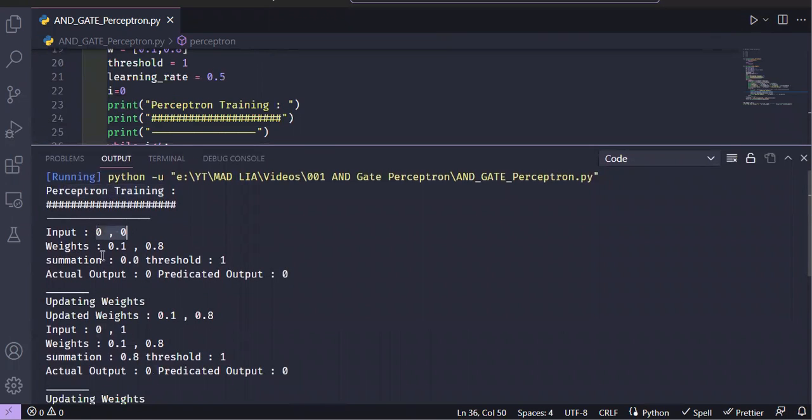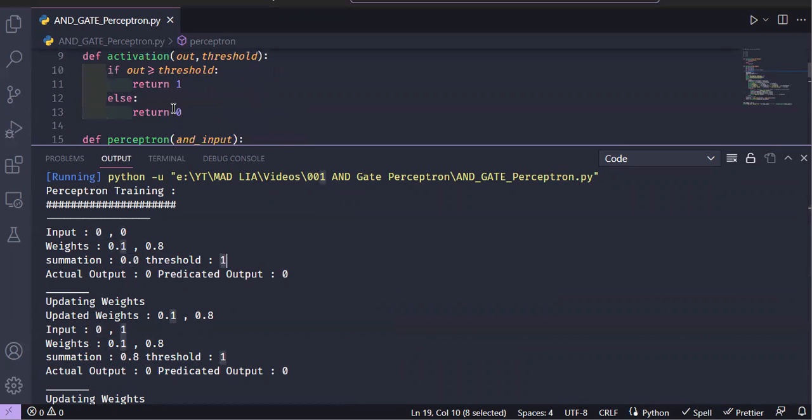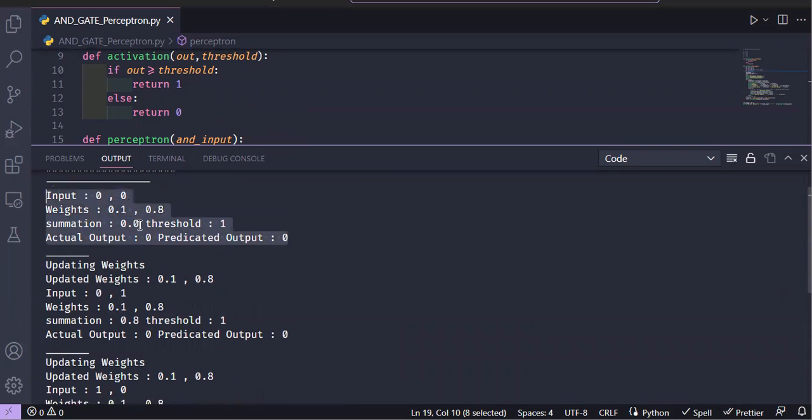The first input is 0, and weights are 0.1, 0.8. That's what we have defined here. Then the summation value is 0 and threshold value is 1. So obviously our predicted output is 0 because it is less than the threshold value as per our activation function here. So it will return 0. So this case is the correct case. Next,